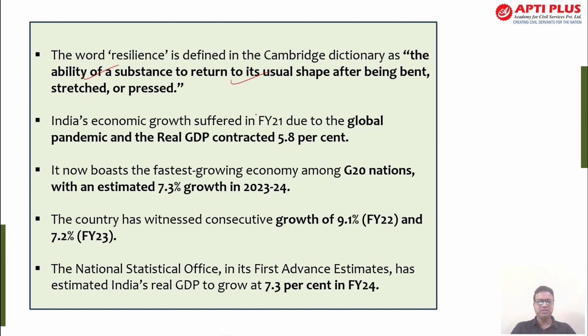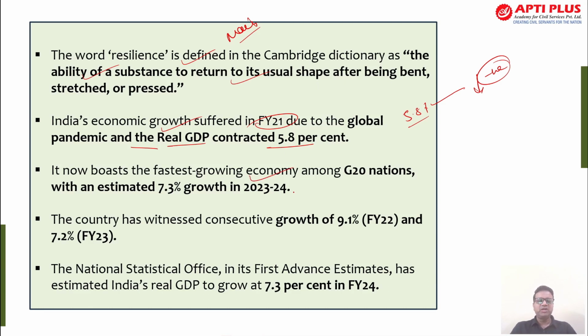This is a definition. This was important for you to know because if you're writing specifically the mains examination, आप इस तरह के direct statement वहाँ use कर पाएंगे. Now, Indian economy की growth की बात करें for the financial year 2021 due to the global pandemic, जो real GDP है वो काफ़ी ज़्यादा contract हुई 5.8%, and various sectors, if you look at the broader growth sector, that has seen the negative growth, there was a decrement in the part of overall growth.